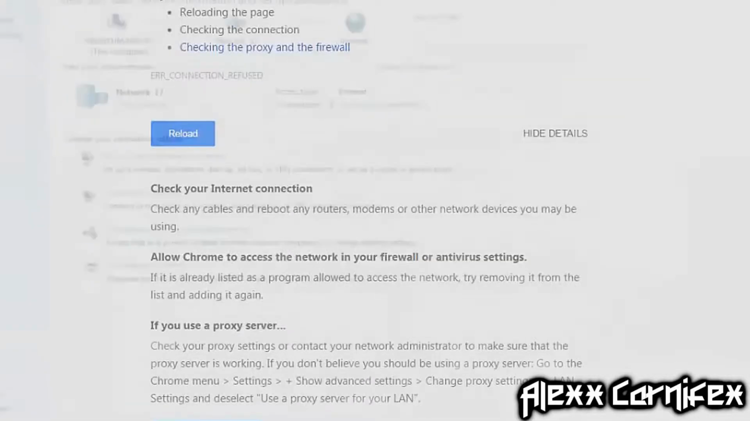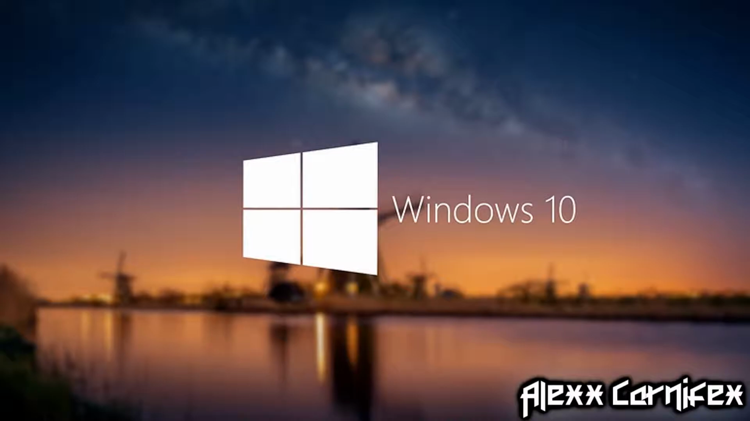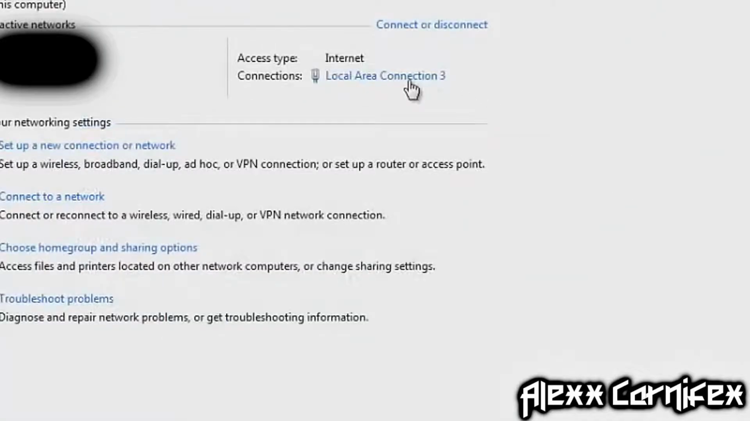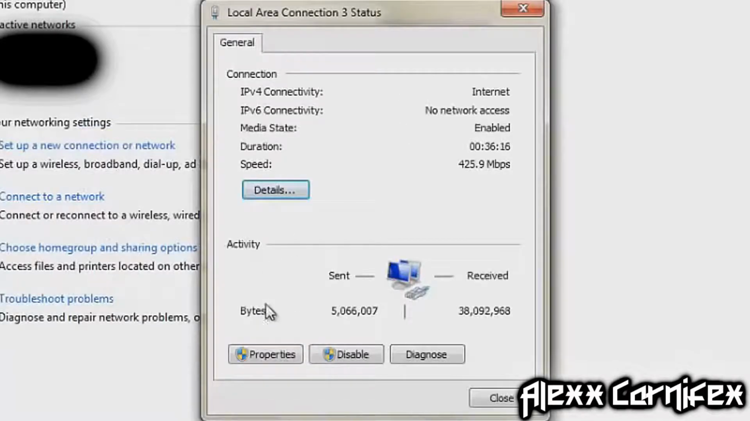Minimize Google, go on your desktop and type in Control Panel. Click on View Networks, and then click on View Networks and Tasks. And right under Access Type, right where it says Connection, click on that, and then select Properties, and then select